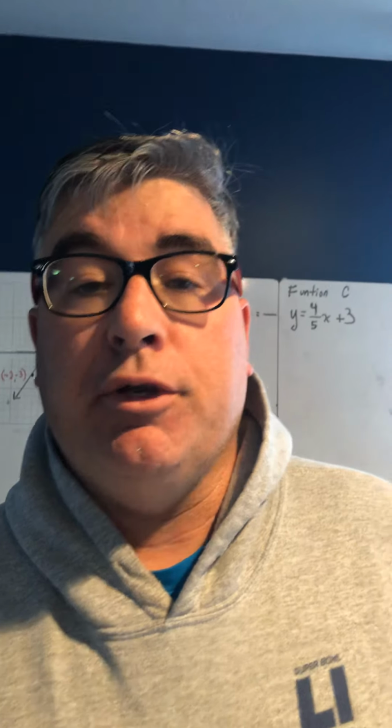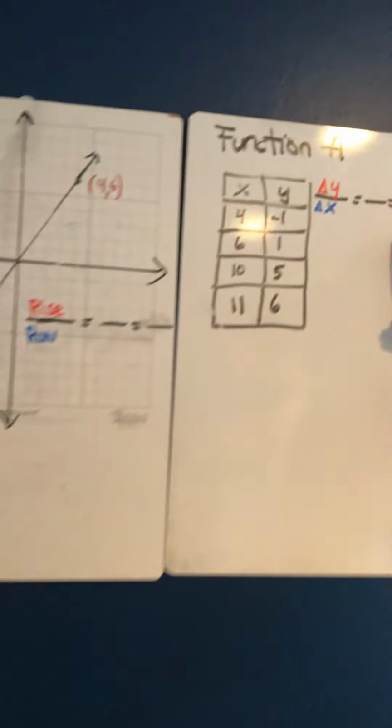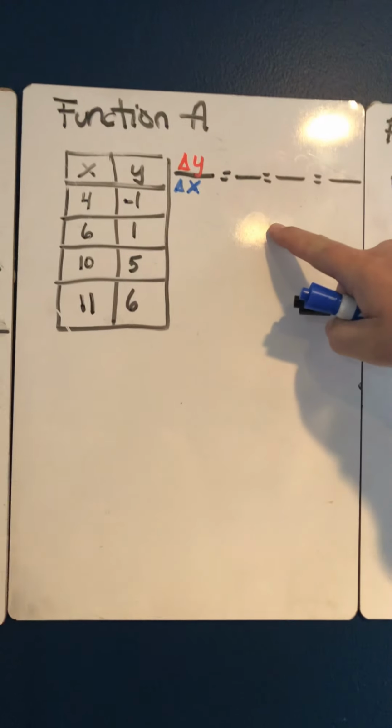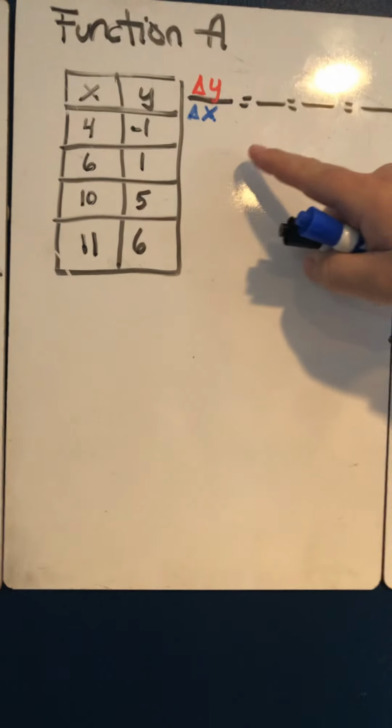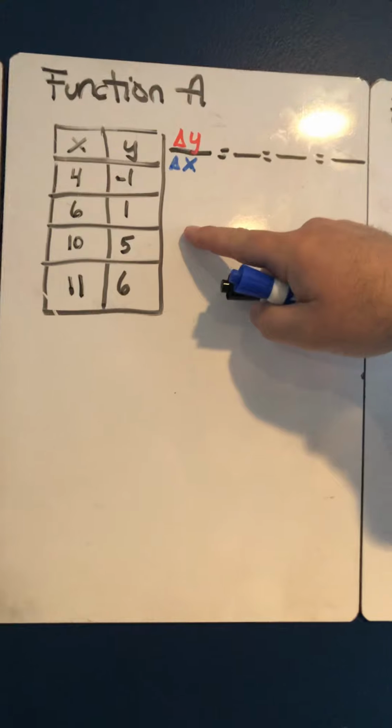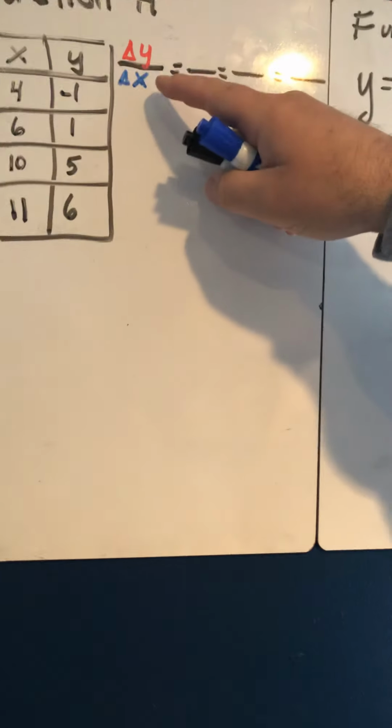I'm going to show you how to solve example 1 on my presentation. Okay, so we're here at function A, and the question is, what is the rate of change? So earlier this week we learned that rate of change on a table is the ratio change in y over